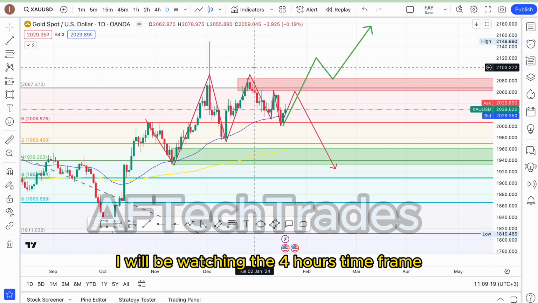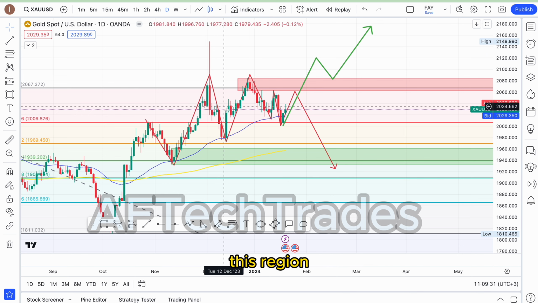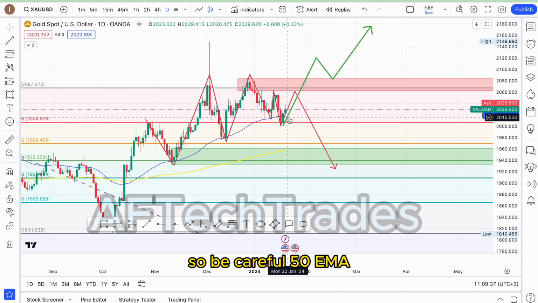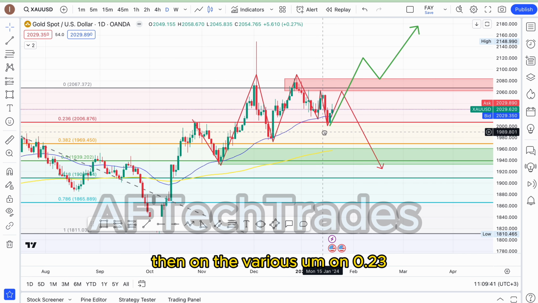As I said, I will not take this trade from this place. I will be watching the 4 hours time frame, and I will also wait for good momentum. I would not just, because I don't need to force this trade. This region is a region of consolidation. It's on the 50 EMA, so be careful. 50 EMA, then on a very 0.23